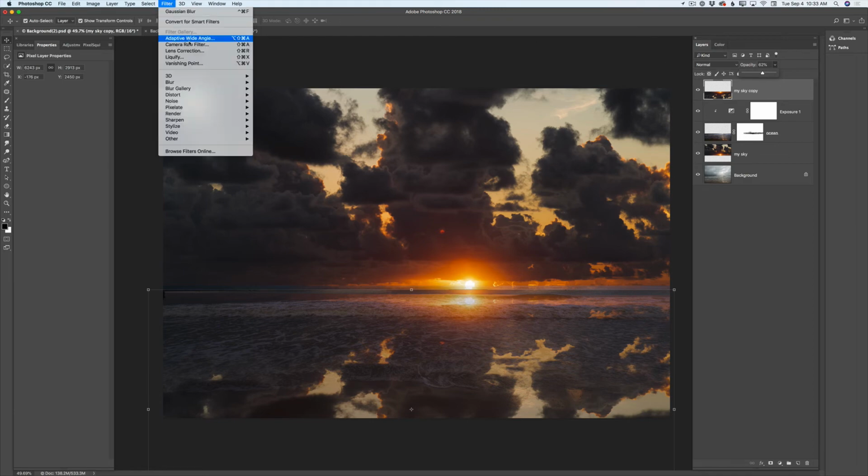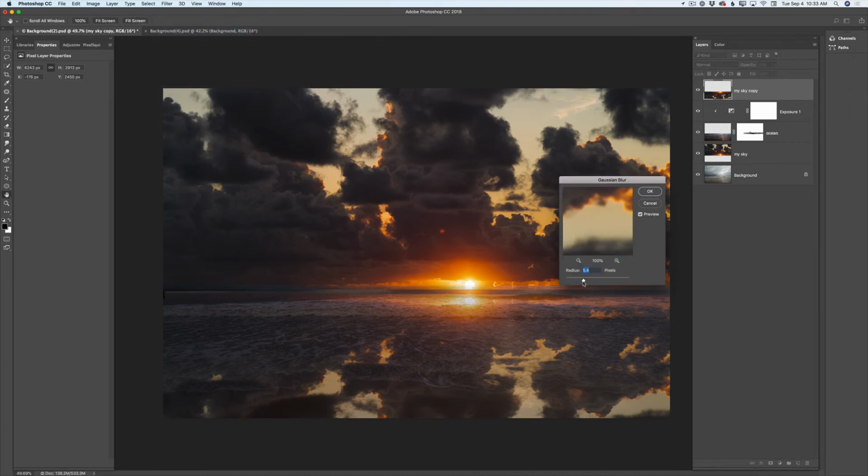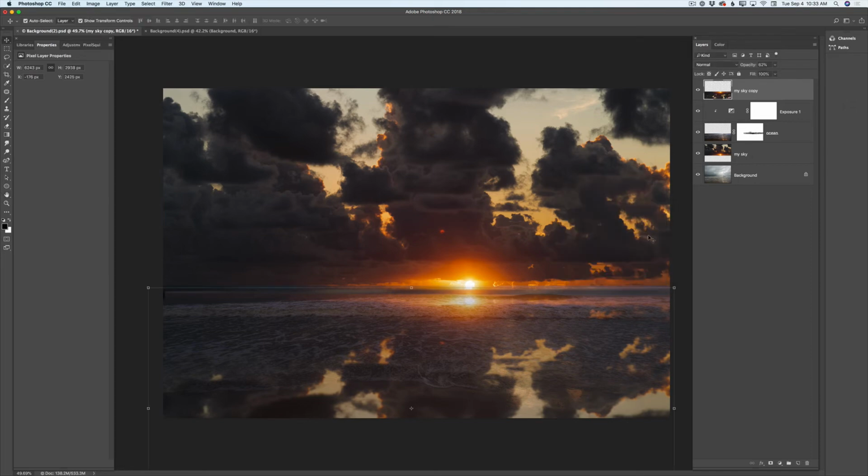I will go to filter, blur. You can use any blur filter you're more comfortable with. It's up to you. And I will specify radius for my blur about 7.2 pixels, and I will click OK. I like my sun reflection. I like everything. I like reflection of the sky over my shore line, but I don't like a lot of